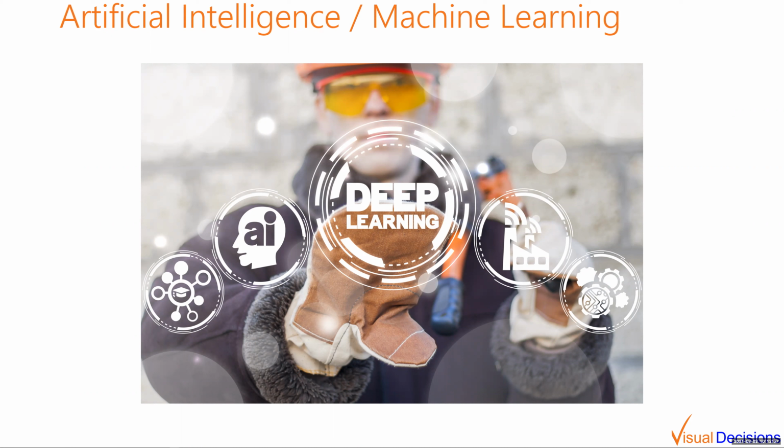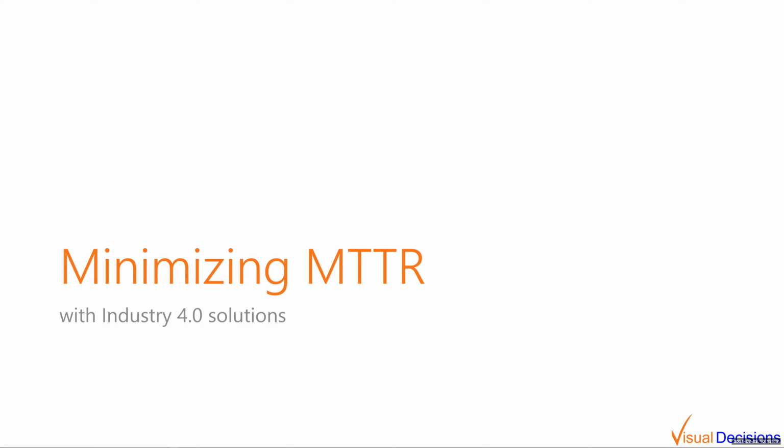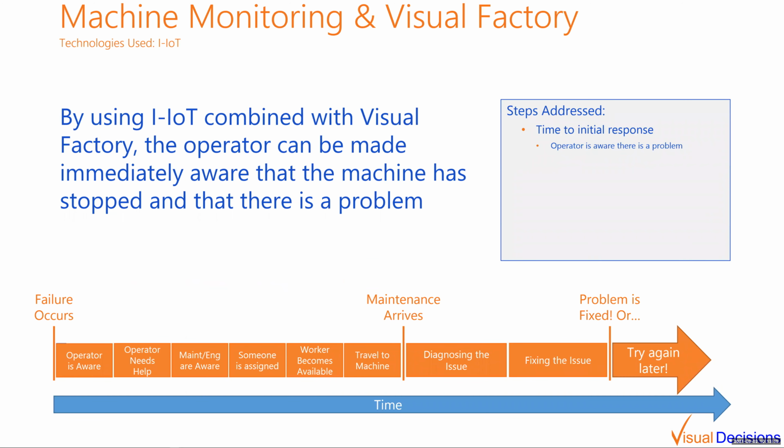All right, so how do we go about minimizing mean time to repair with some of these different solutions? If we start off by looking at machine monitoring and some of the visual factory pieces that we could put in place, when we utilize an IIoT system, we can have the operator be made immediately aware that the machine has stopped and that there's a problem. So in our example, where the filler stopped but the operator's down by the packaging equipment,